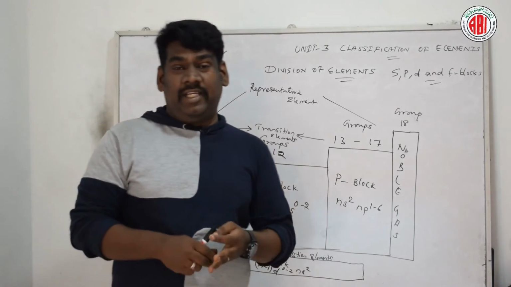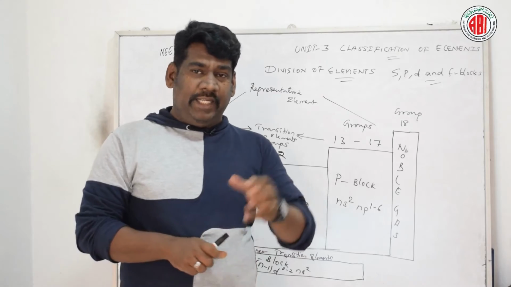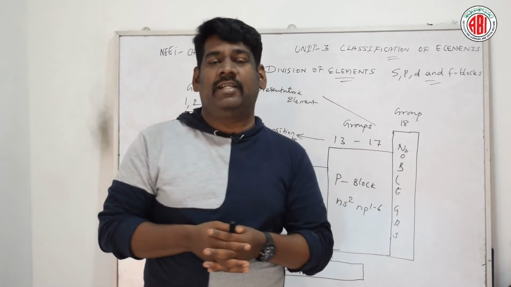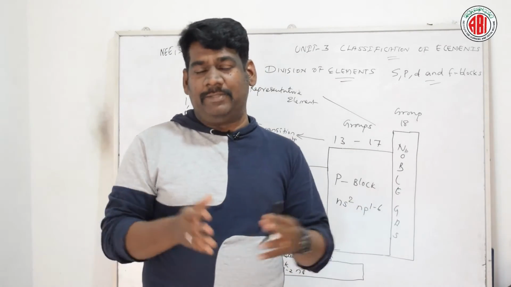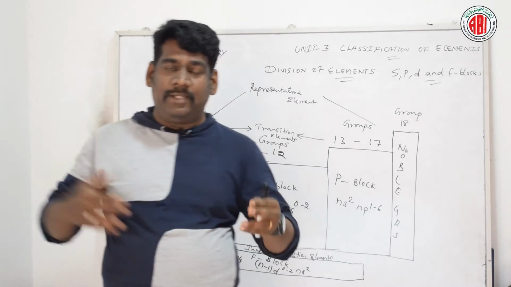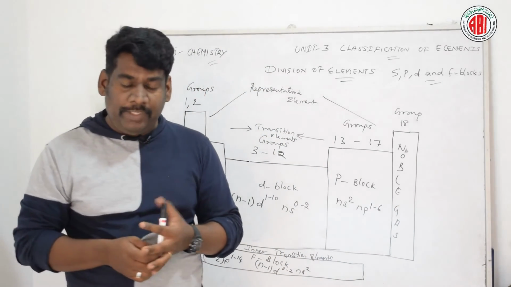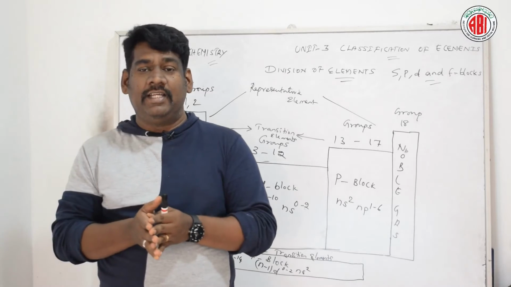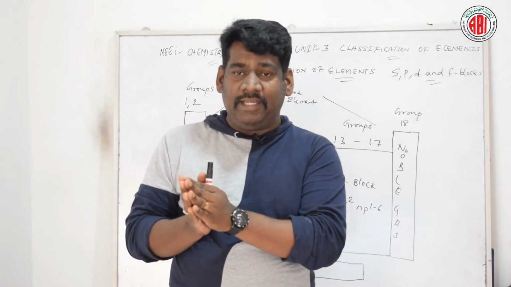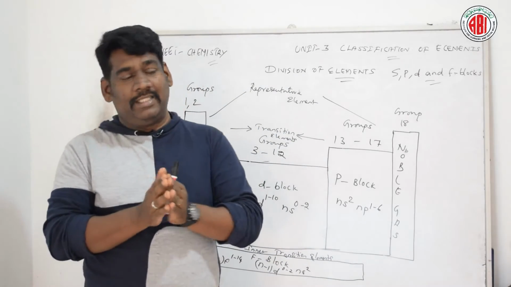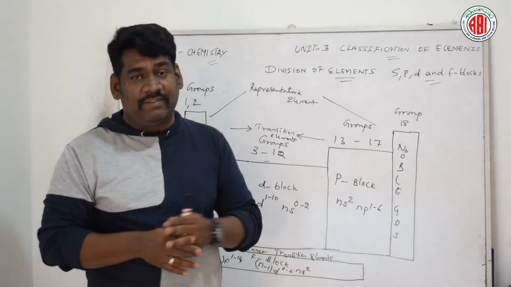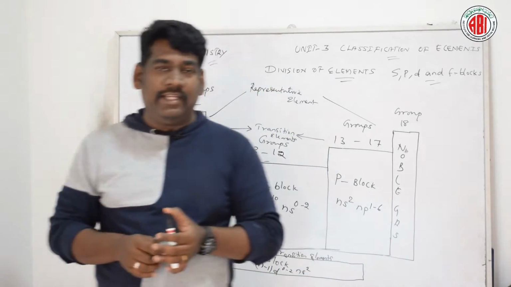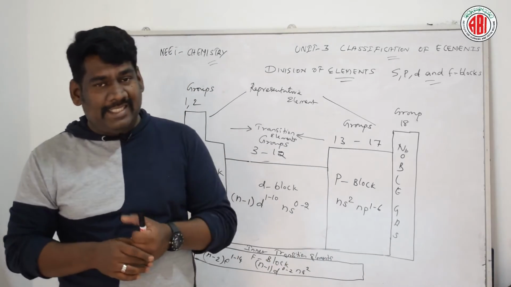Now talking about transition elements. The d block elements are also called transition elements because the properties of these elements are midway between the S block and P block elements. In between these two blocks, the elements make a transition. That is the reason they are called transition elements. These transition elements are the bridge between the chemically active metals of the S block and the chemically less active metals present in the P block, that is the 13th and 14th groups. That is the reason we call these d block elements transition elements.